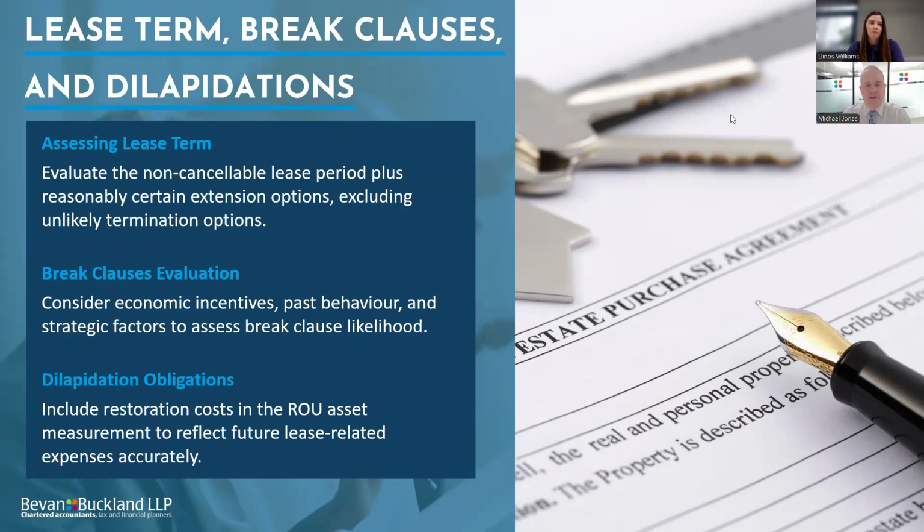When you're looking at the lease itself, if as part of the building you've done a significant refurb, and there are going to be costs incurred to put it back to the original condition, whereas previously you'd bring in a dilapidation provision over time within the accounts, this is something that would actually get factored into the right of use asset. So it could increase the asset value when you're doing that initial calculation for the asset and lease liability split.